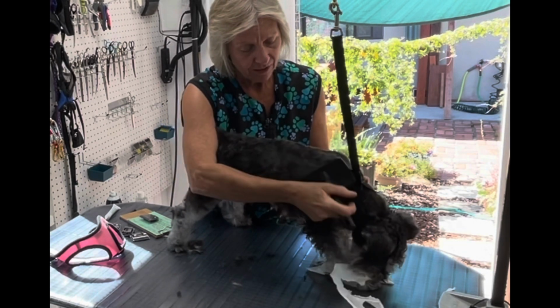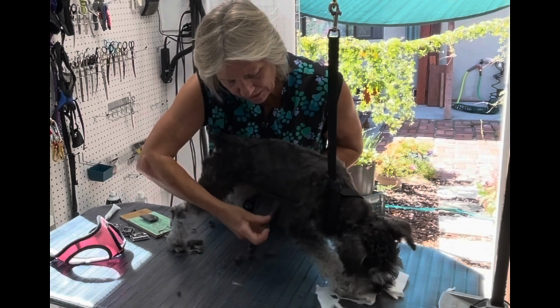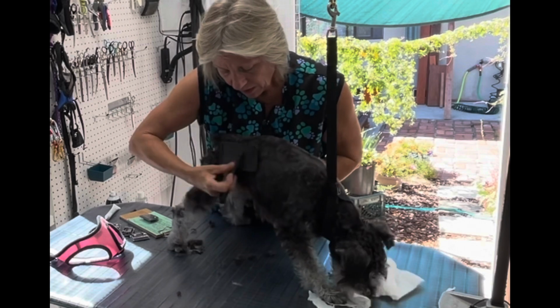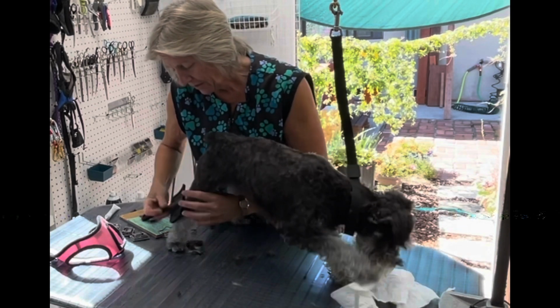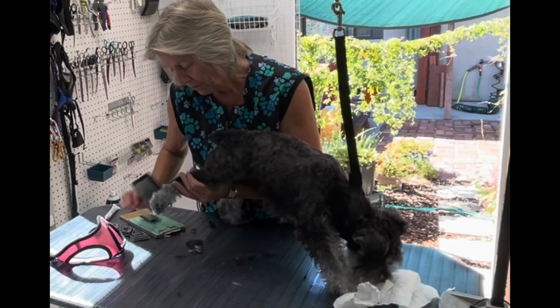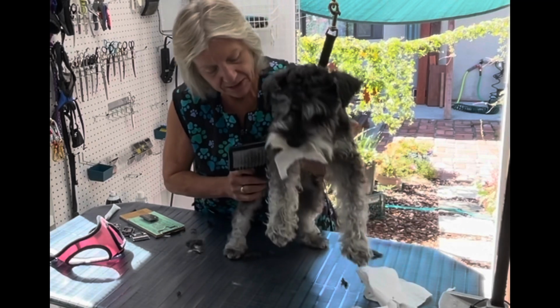It feels good. You know, brush down his skirt here. He's got some matting, and I'm not really inclined to brush out mats if it's going to be painful for them. So I'm going to shave what I can shave and brush out just what I need to brush, which is along the side, so he has a little bit of a skirt. And if I stand him up like this,